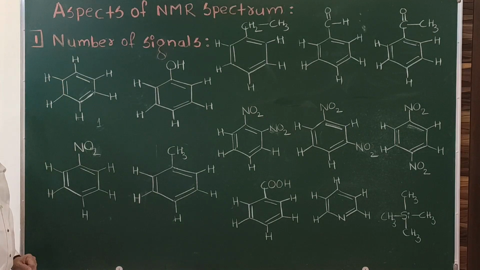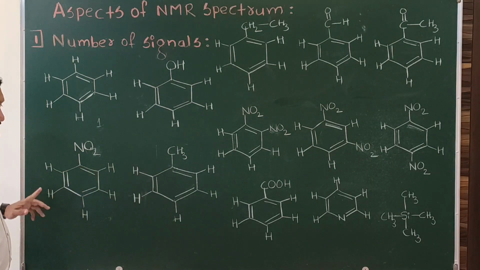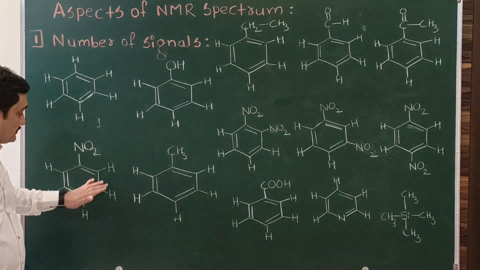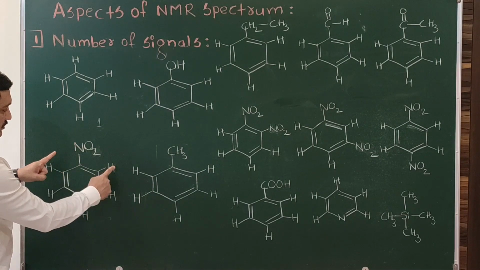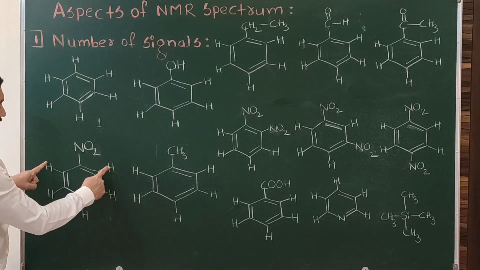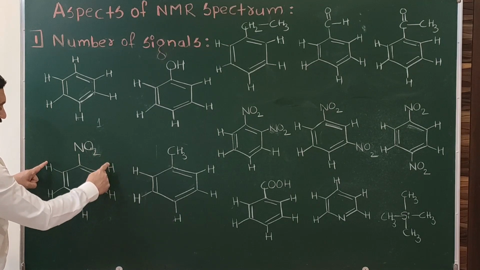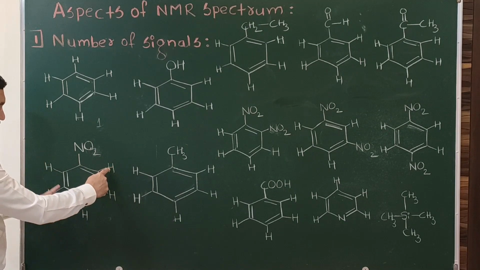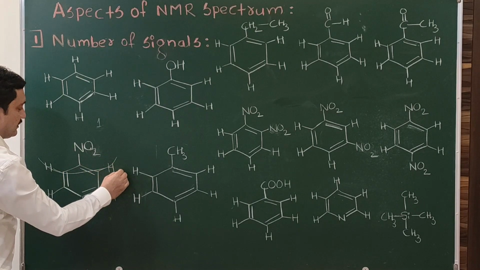If we introduce NO2, it becomes nitrobenzene. The presence of NO2 will change the environment. All the 5 hydrogens are not equivalent. Which hydrogens are equivalent we can check. This is the NO2. Check these 2 hydrogens. They can be equivalent, we have to check. Why can they be equivalent? Because one side is identical. NO2, same side, H, next H. So these 2 hydrogens are in the same chemical environment, so collectively they will give only 1 signal.